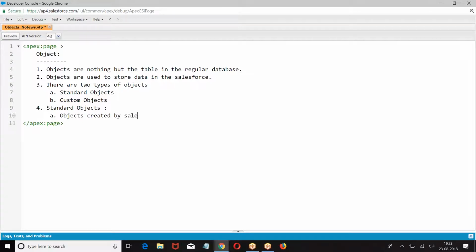Objects created by Salesforce. These objects cannot be deleted.